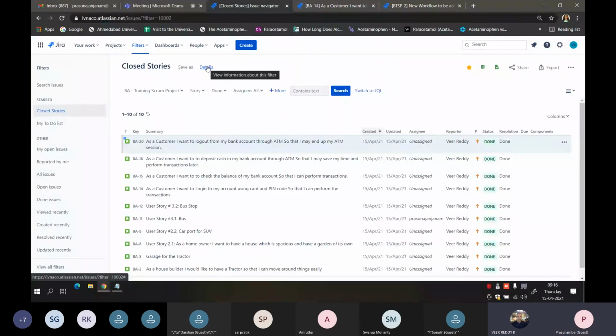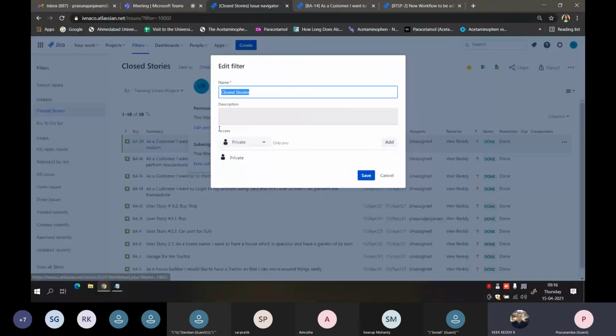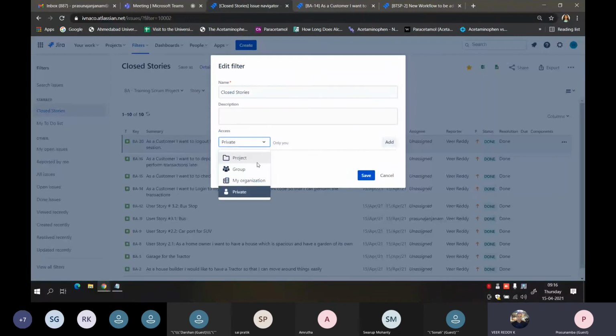And you can at any point of time again change this permission. It's not compulsory that once you have set it, it stays.